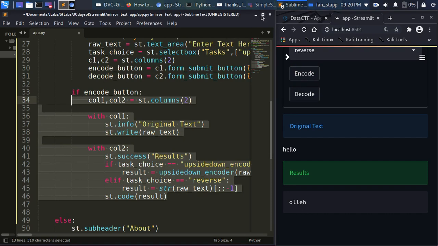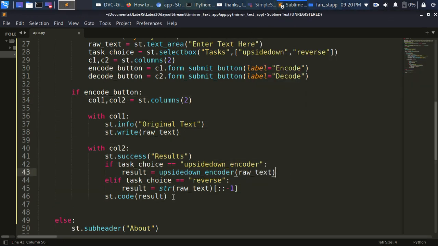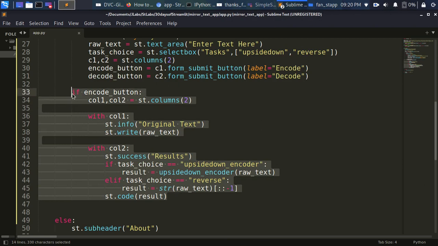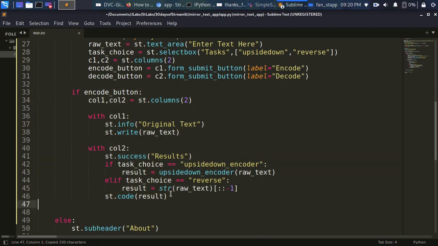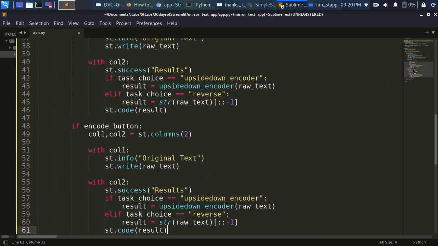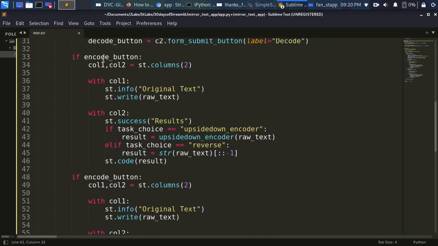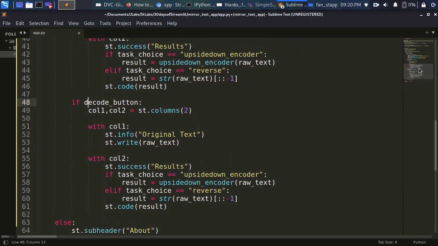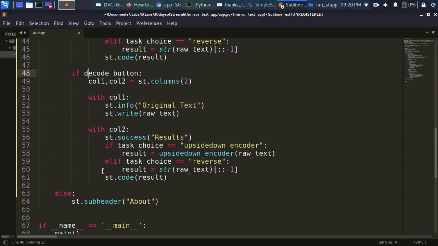Now let's try the decoding. For the decoding, I'll just do the same thing. I can copy this entire thing. I'm doing it dry here, right? I'm repeating myself, but let's do it like that just to make it easy. Cool. So if the decode button is clicked on, then the same thing that we did above, we want to go back again,